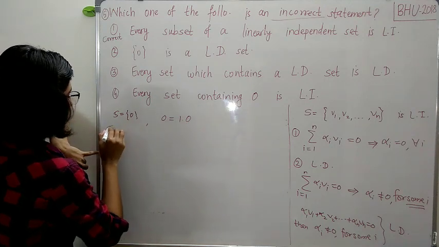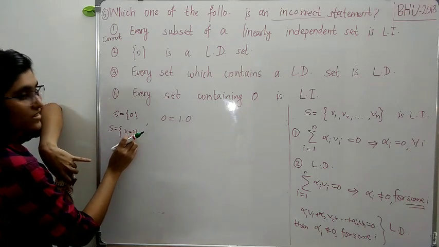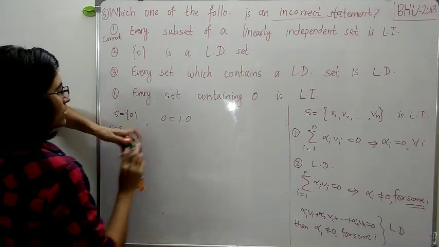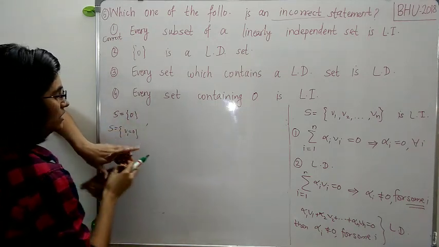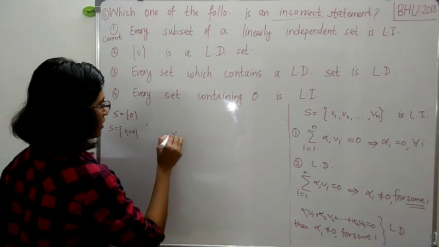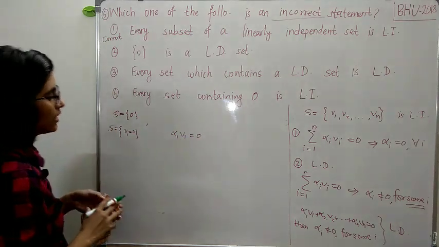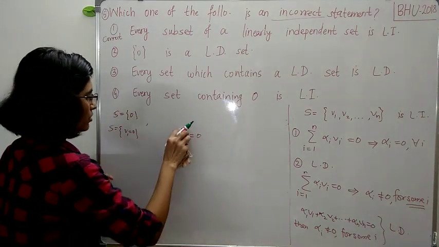Suppose you take S equal to {V1}, where V1 is equal to 0. This is just a single element 0. So when you take the linear combination, we have just one term, say alpha 1 times V1 is equal to 0. Now I have V1 equal to 0,